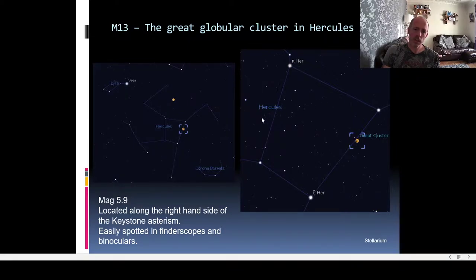So if you find the keystone of Hercules, I always start off at Lyra with the bright star Vega there, which makes up one corner of the summer triangle, and then I just move my way across. I can make out the keystone asterism in Hercules, and then on the right hand long side, about a third of the way down, is where you find M13. So the Great Globular Cluster there of Hercules, between these two stars here, about a third of the way down, and in your finder scope you should see a little fuzzy blob, and then look in your eyepiece and you'll see